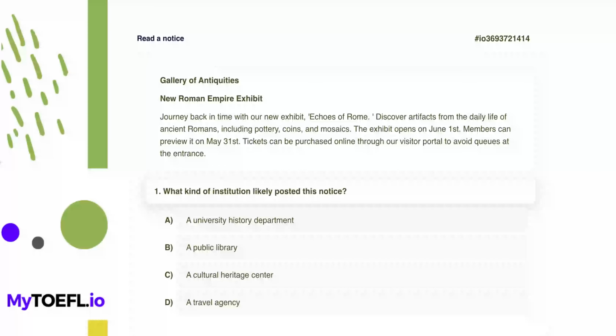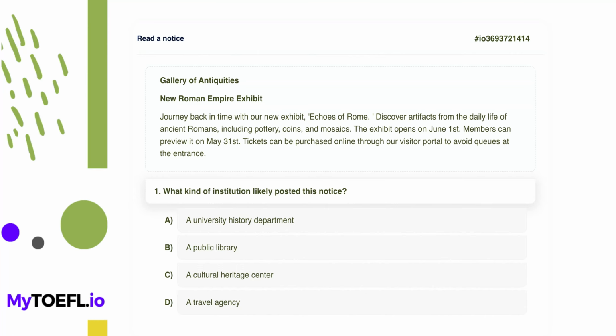Hello. Today we will solve a question from the TOEFL reading section, focusing on the read a notice question type. We will practice understanding everyday notices, identifying rules, instructions, or key conditions, and selecting the most accurate answer based on